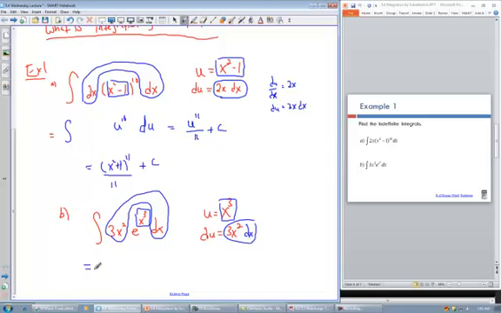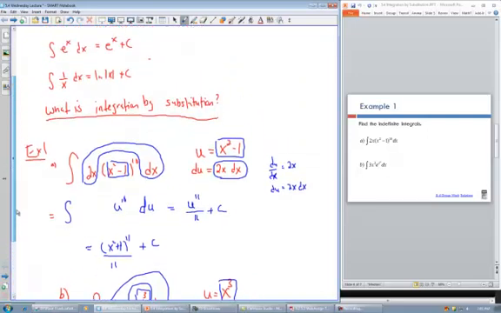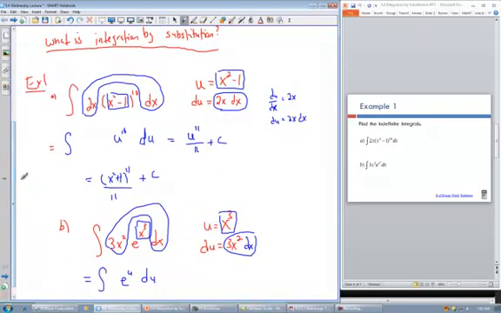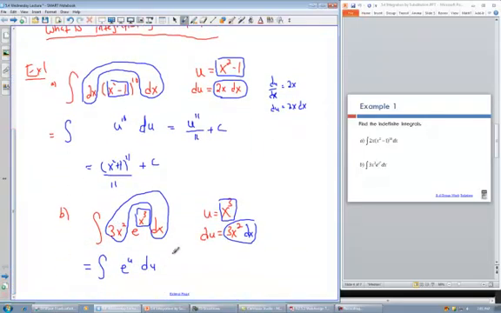And so this is equal to the integral of e to the u, and 3x squared dx is just du. And this, again, is one of my 4 types. It looks just like this. If I don't have to write an x here, this could be a u. It's the same thing. So the integral of e to the u du is just equal to e to the u plus c. And then I substitute back in here for the u, and so I get e to the